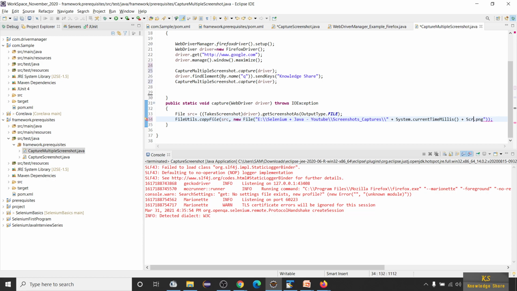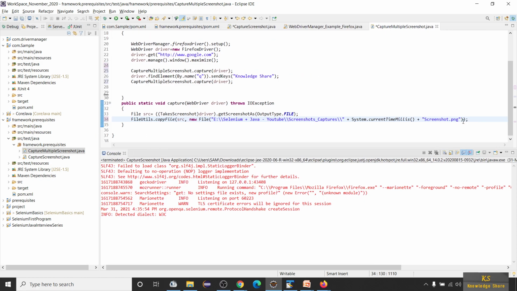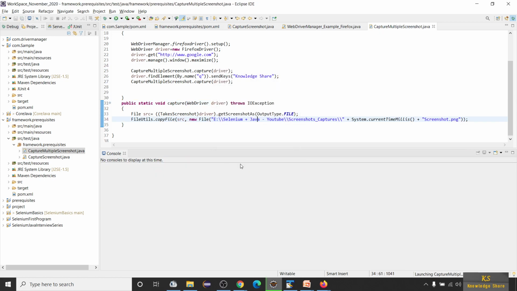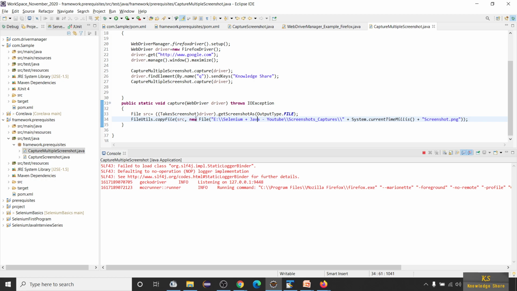screenshot.png. Now my files will be like the time and the screenshot.png, and again the time screenshot.png. The other way to do it is you can give one more method also here. Let's first complete this part. Basically you have to learn how to create methods here. That's the main agenda, so that you will be habituated to write some small methods in creating a framework.